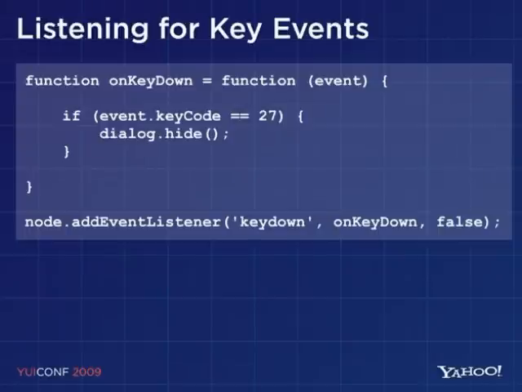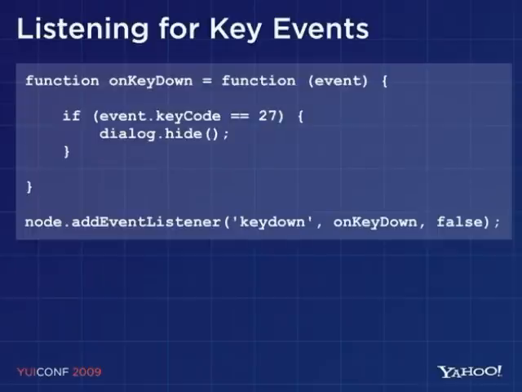And so let's take a standard use case. We've created a DHTML dialog, and we want to give users of the keyboard the ability to hide that dialog via the keyboard. One very common pattern, of course, is you can press the escape key to hide something that's visible. And so here is some standard DOM event handling code that would facilitate that type of user interaction. So in this case, we're listening for the keydown event on our node that represents the root